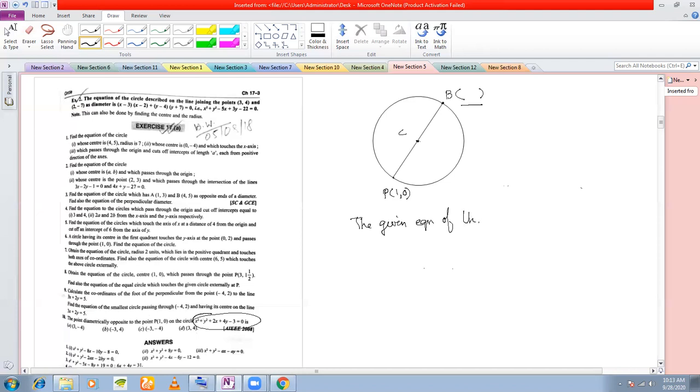The given equation of the circle is x square... If you know the general form, then this is a two-line problem. But what I intend to teach here is how to convert the general form to a standard form. Okay, so this is your general form given, which I will discuss after this. How do you convert it to this form: x minus h whole square plus y minus k whole square is equal to r square? That is what I want to teach.